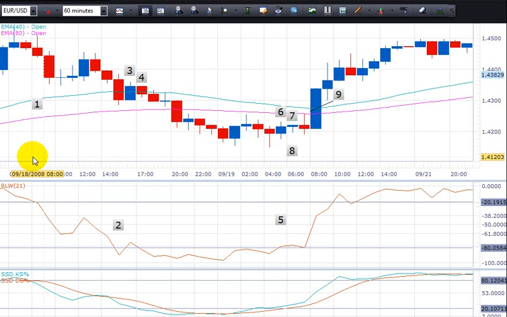This is a trade we took recently. Now what I'd like to explain here is what happens when we place an entry order and that entry order is not triggered. Now I've done this in 9 steps, so what we'll do is we'll run through each step